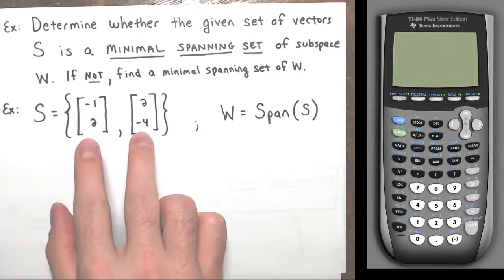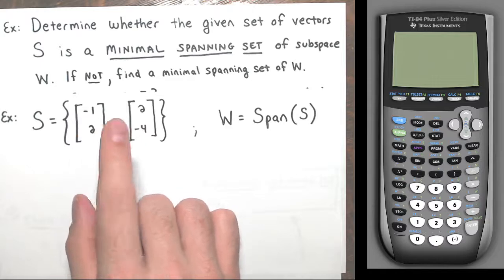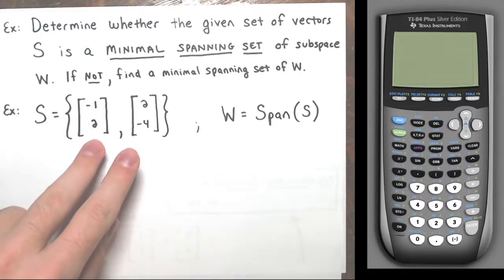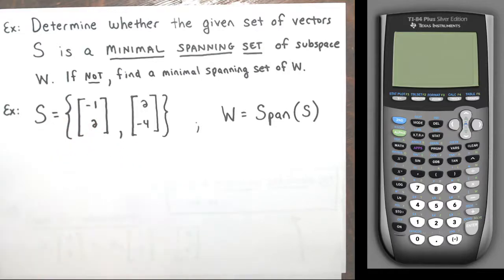So, if this isn't the smallest, then a set with one vector might be, or maybe, I don't know, a set with no vectors, the empty set. Not going to get into all that. But if these two aren't the minimal, then probably a set with one vector will be. All right. As I mentioned,